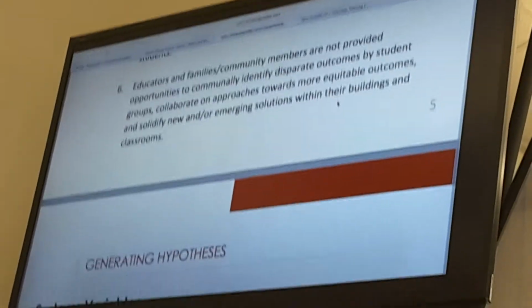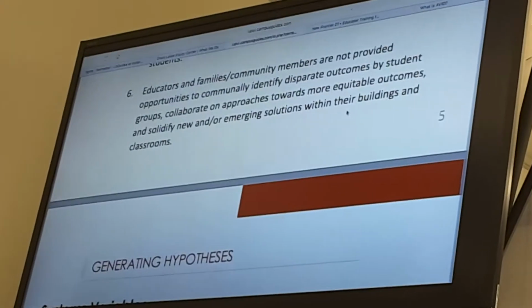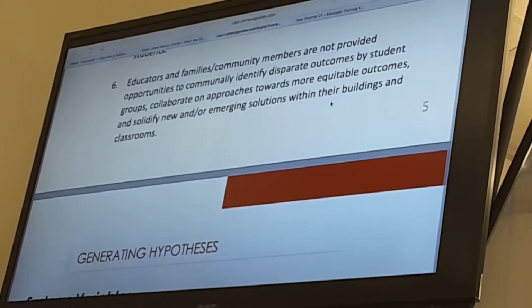And then talking about having those discussions with families and community members, to talk about what's their input, what do they see as the barriers, bringing that forward. So again, this is just a real quick overview of approximately 4 hours of work. I would like to come back to you probably either after that March 15th session or after the